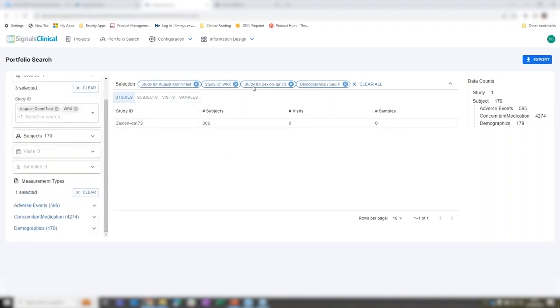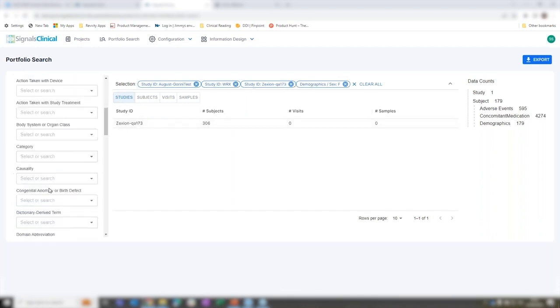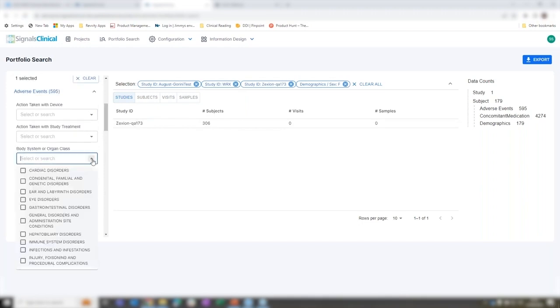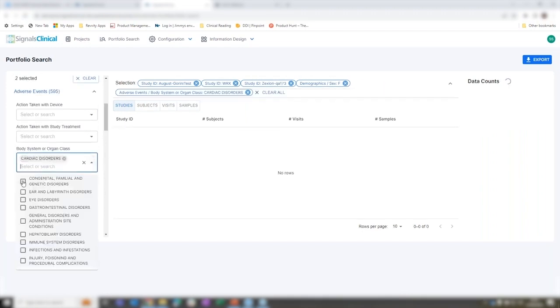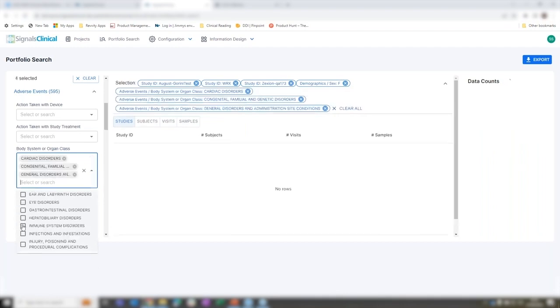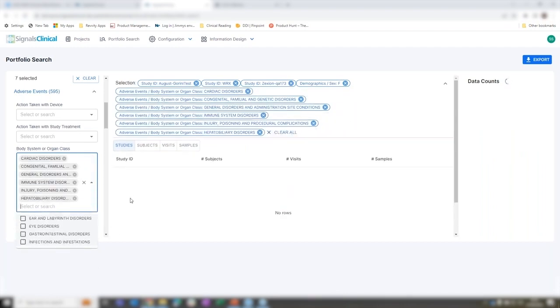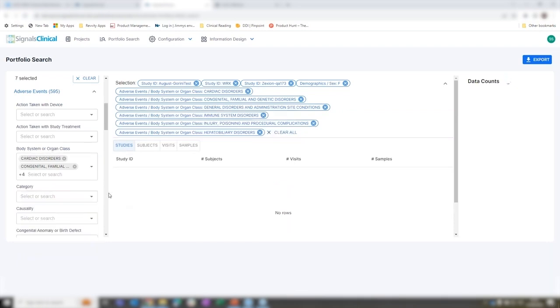I'm interested in these 3. I'm interested in data in these studies with this demographic and this specific adverse event. I don't know. Let's look at, click a few adverse events randomly and see what kind of data is being pulled out. So what it's doing is it's now started to search across all those 3 studies for females for these particular